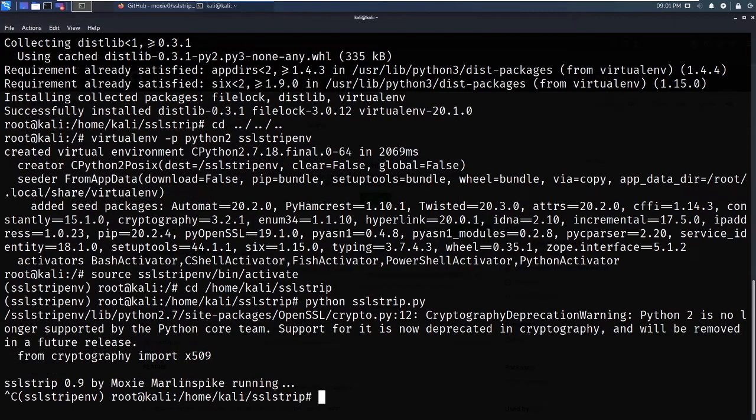And if you are facing an error like this, import error, no module named OpenSSL, just simply run this command, that is pip install twisted pyopenssl service_identity, and press enter.